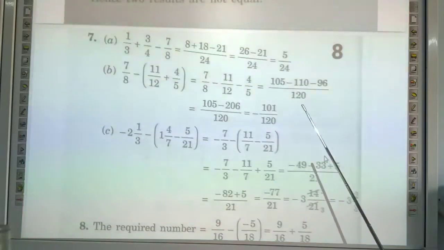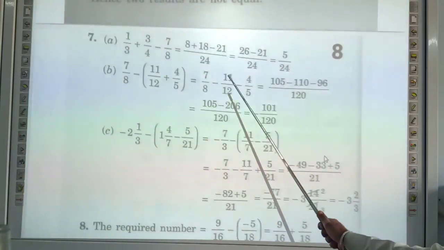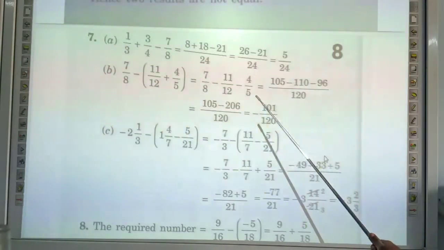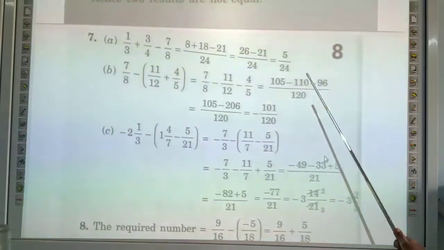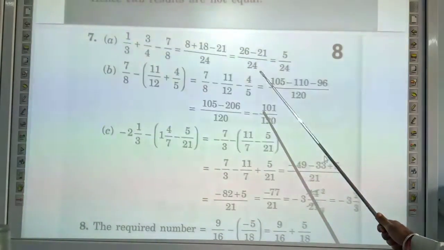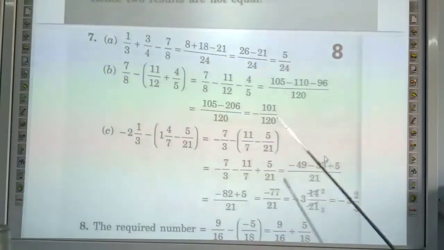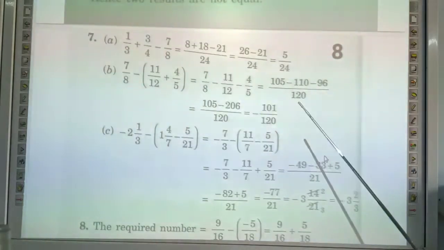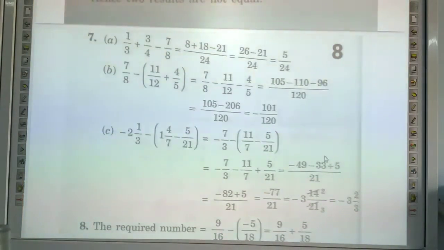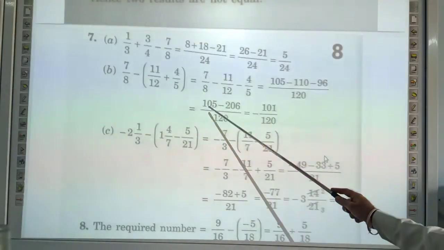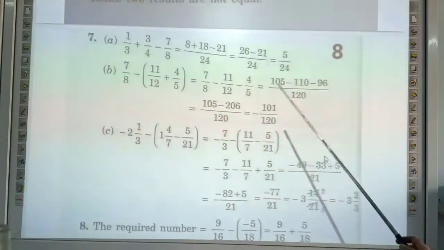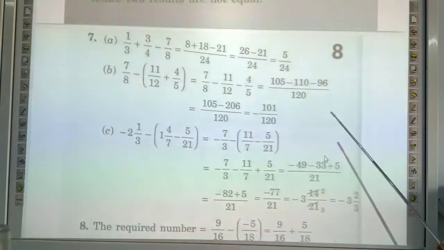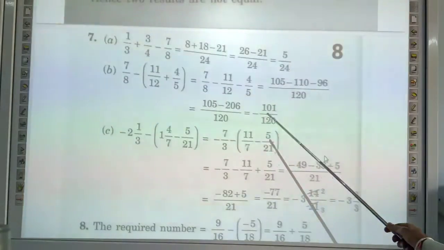Then 12 10s are 120, so 11 is multiplied by 10, we get 110. Then 5 24s are 120, so 4 is multiplied by 24, we get minus 96. Then 110 and 96, these negatives are added, we get minus 206. So in the next step we have 105 minus 206 upon 120, which is equal to the final answer, minus 101